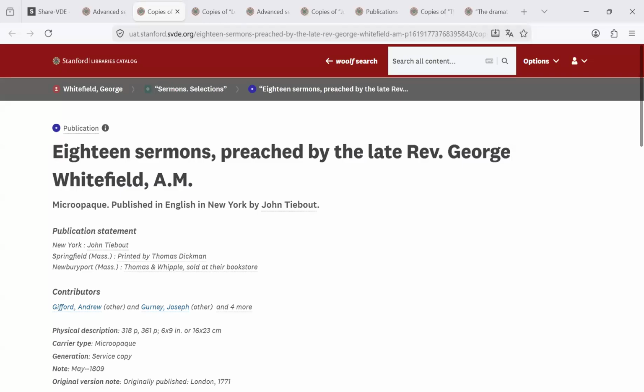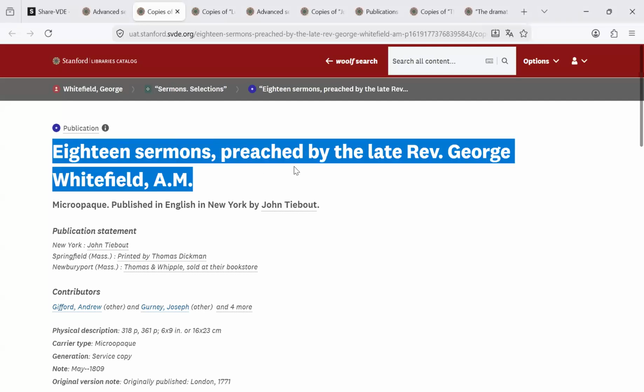Now it's worth making a general note about the publication entity page. As we said, unauthenticated users see both the work and the instance attributes at the publication level. This is important because it reflects how the publication page has been created. That is, it's an aggregation of instance and BF work data, as we said. Let's take this example on screen, showing 18 sermons preached by the late Reverend George Whitefield, AM,